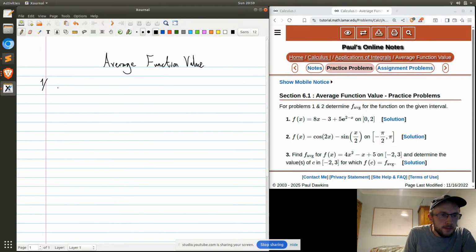Integral of 8x minus 3 plus 5 e to the 2 minus x dx from 0 to 2, and divide all of that by the width of the interval, which is 2 minus 0, which is 2. So what is this? That's a half of,